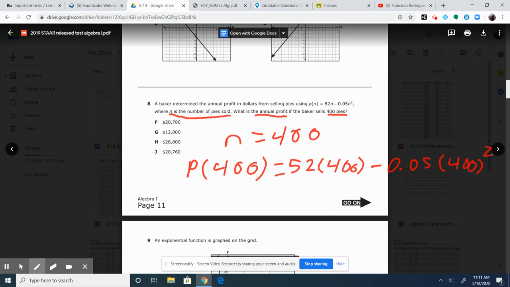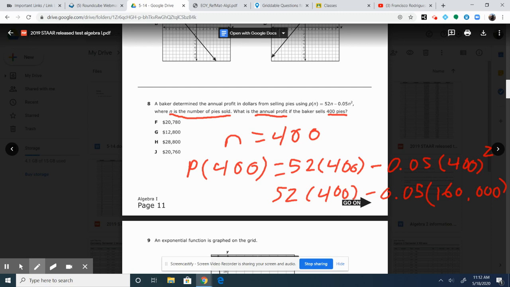So the first thing in our order of operations is our exponent. So we're going to do 400 squared. So 400 squared, which is 400 times 400, is 160,000. And we rewrite the rest of the equation. Next thing, we are going to do multiplication from left to right. So we have two multiplications, 52 times 400,